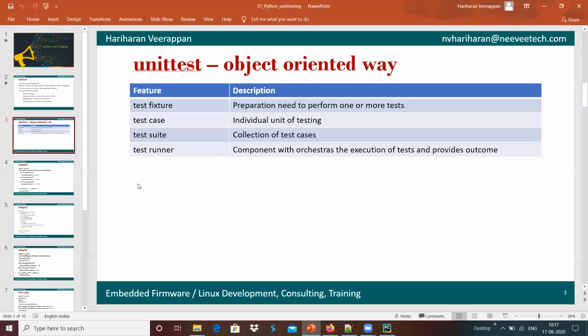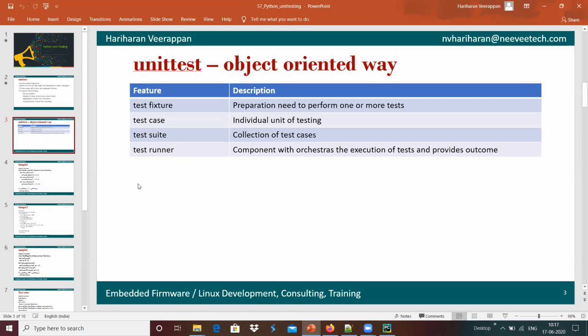Similarly, if we wanted to have a test suite, we wanted to validate the call related functionalities, or some group of functionalities. That is called a test suite.